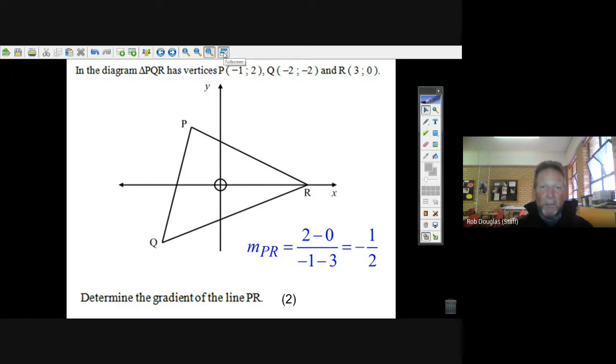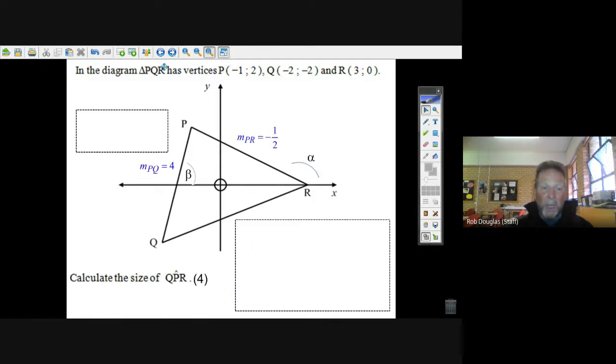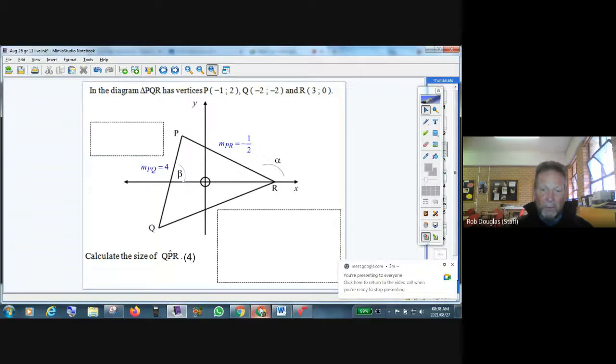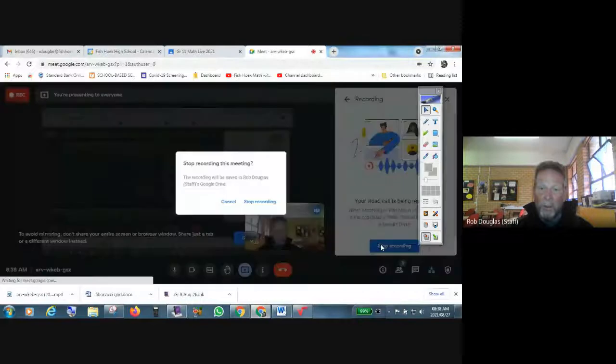Okay, the next question asks to calculate the size of QPR. We've got two gradients. Well, let's do this one in the next video. It's a little bit tricky for some people, but we'll get